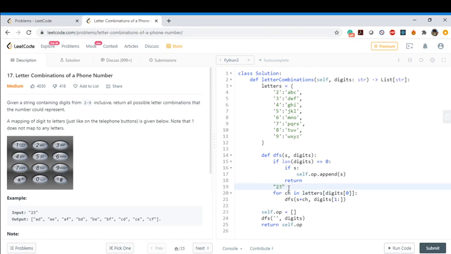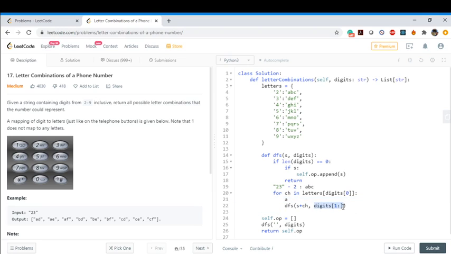In this case, the 2 would represent A, B, and C. So we're going to loop over each and every one of them. And for each character, we just concat it to the current string. Initially we're starting with an empty string. So the first time this would become just A, and then